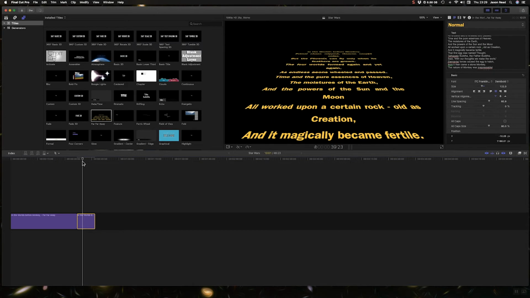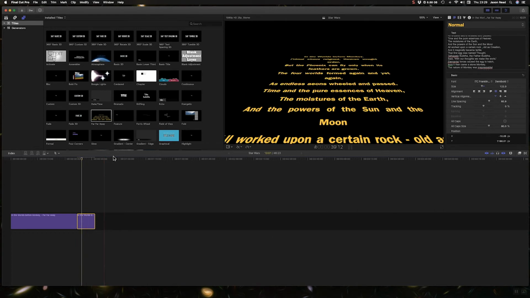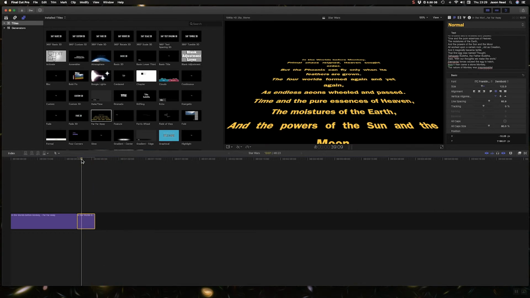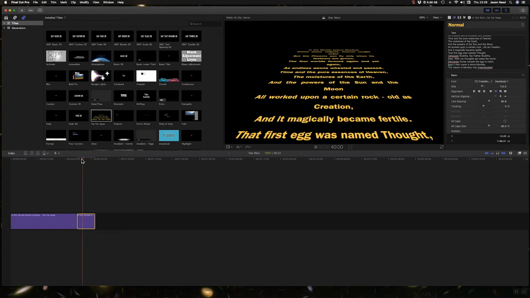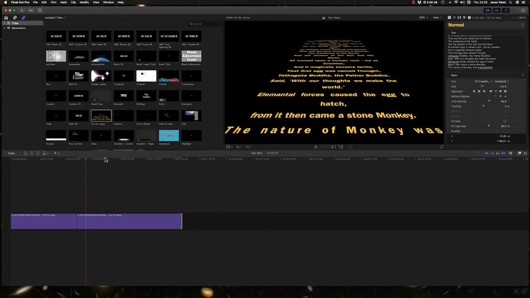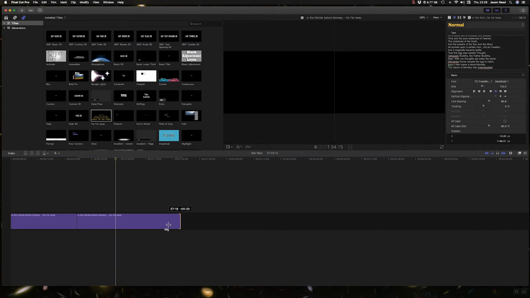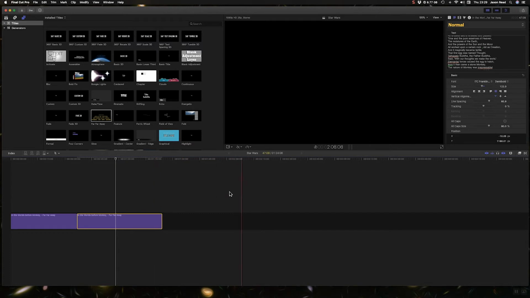Alright, so I've got my text. But it's obviously a little too fast. And if I just drag this out longer, it's still the same speed and just got lots of space at the end. So what I can do is go into the settings here,